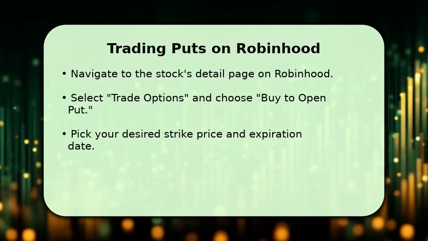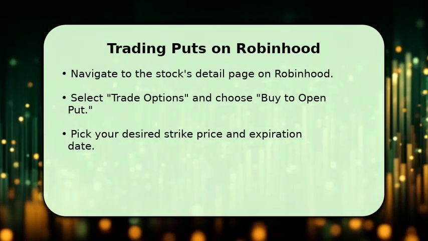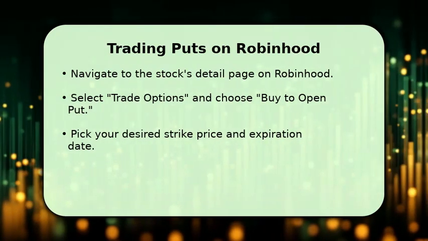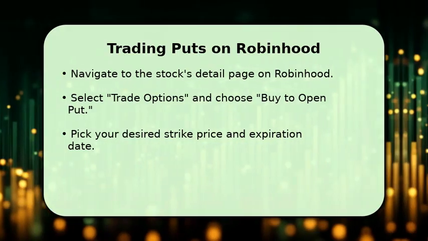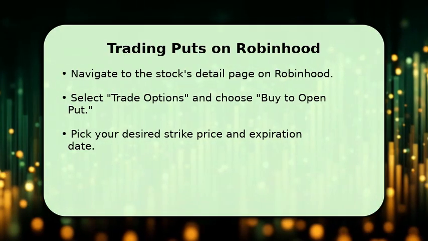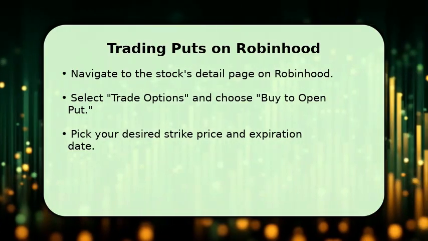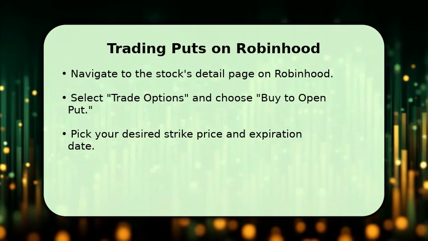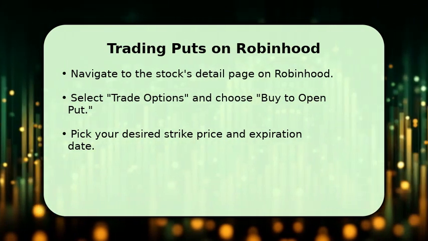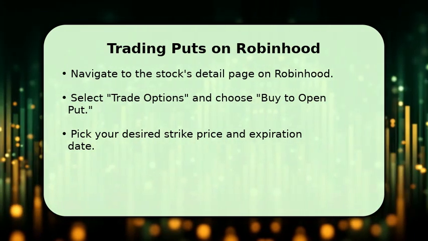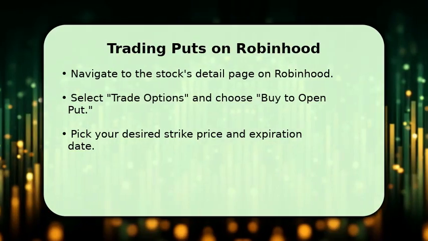To trade a put on Robinhood, first search for the stock you are interested in and go to its detail page. From there, tap Trade Options, and then select Buy to open put. You will then be presented with various strike prices and expiration dates. Carefully choose the strike price you believe the stock will fall below and an expiration date that aligns with your